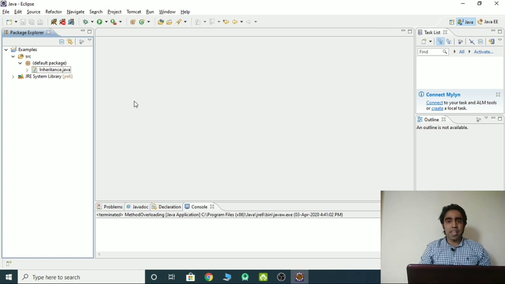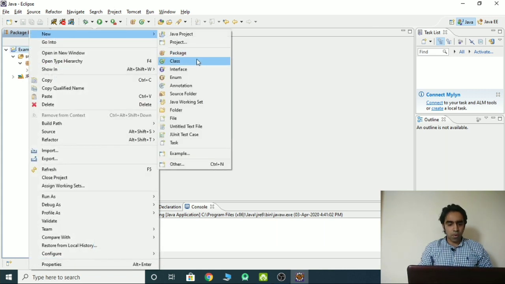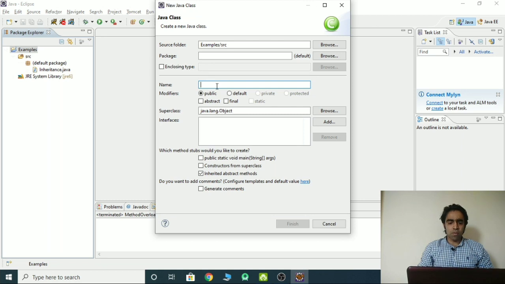As we have discussed inheritance example, we will try to discuss some other examples today, and we will run and perform those examples. Similarly, you can try at your end running these examples. So let's start. In example section, I am creating a new class. Right click, new class. So first of all, we will start with method overloading. We have discussed this topic earlier. What is method overloading? When we create another method with same name but different parameter, it is known as method overloading.